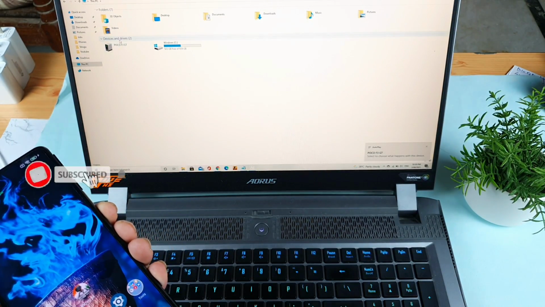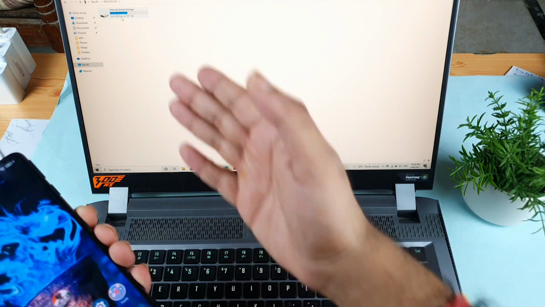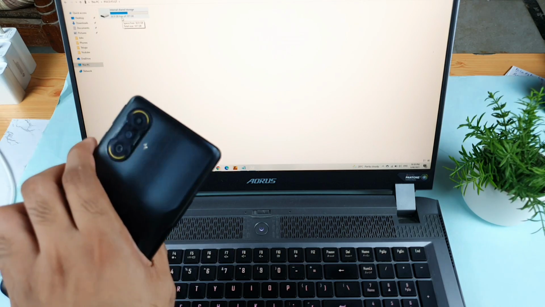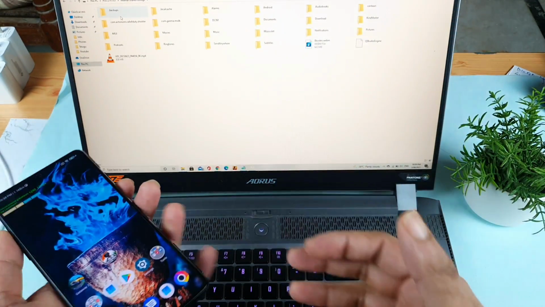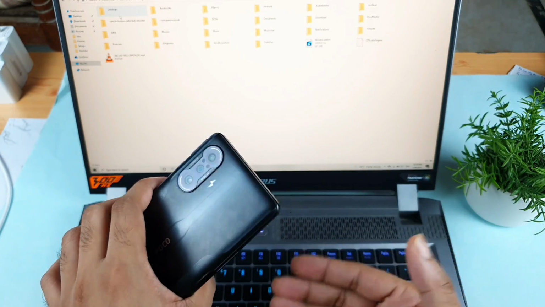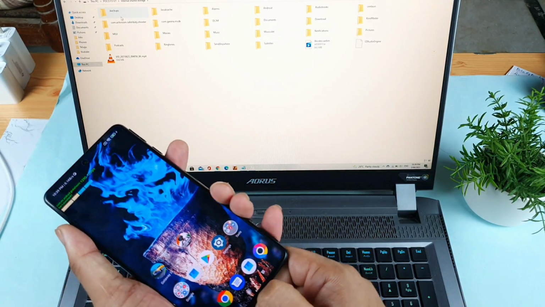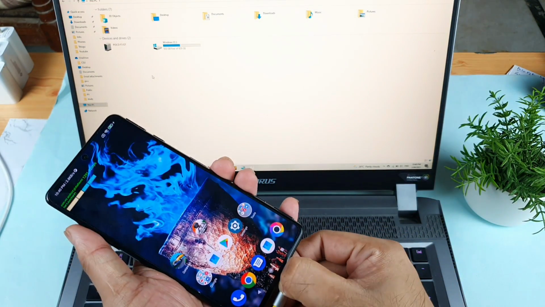Click on the POCO F3 GT now. As you can see, friends, now internal storage, I am able to access from the POCO F3 GT without any kind of problem. This is the exact internal storage of my POCO F3 GT, as you can see. So in this way you'll be able to access it. I think most people are maybe forgetting to turn on this option. So I'll try to explain it to you, friends.